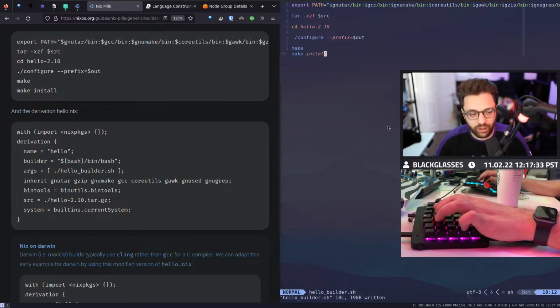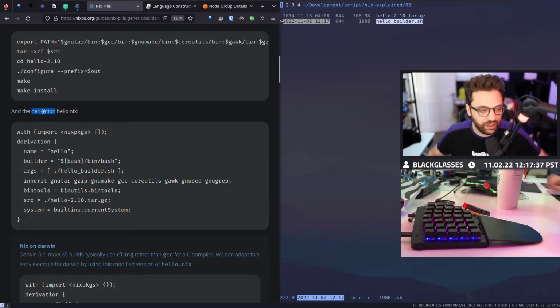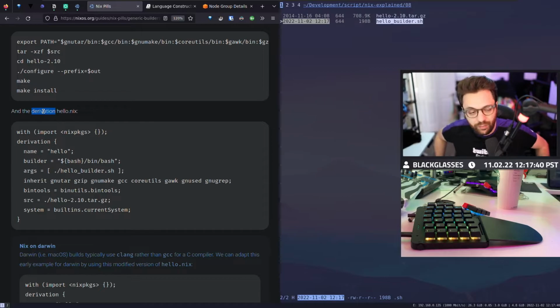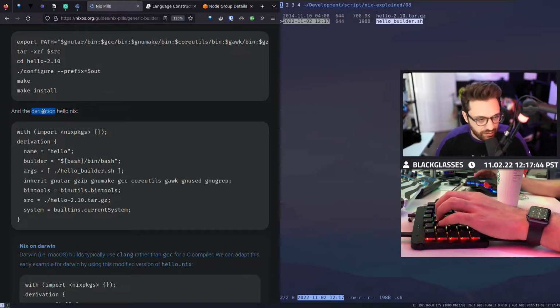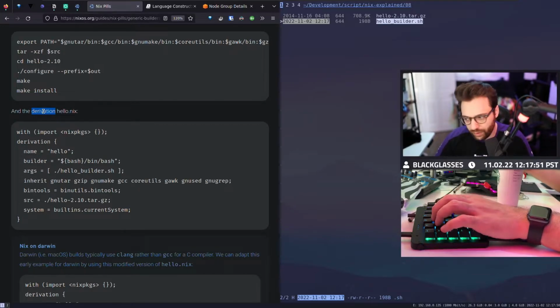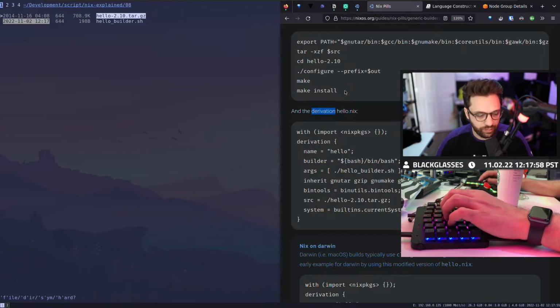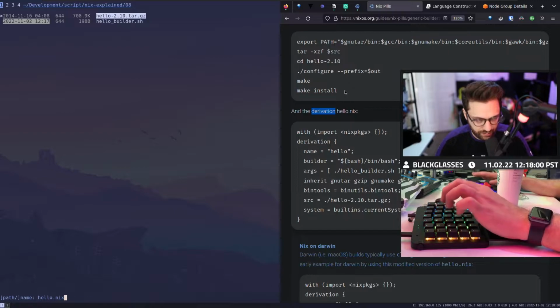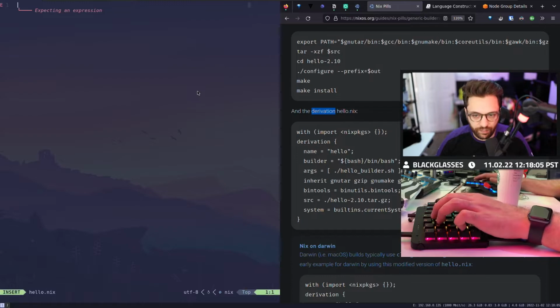So now we're going to create the derivation configuration. Remember, I told you that Nix is configuration focused, and so the idea here is that we want to create a configuration to build this software and run it with Nix, and it'll build the software the same every time. So we'll say new file, move this over here, file hello.nix, like that. One second, chat.